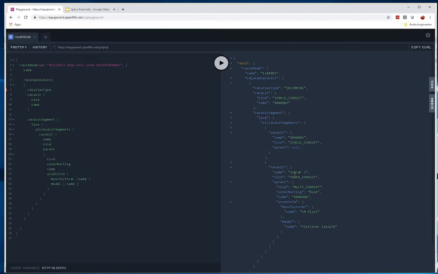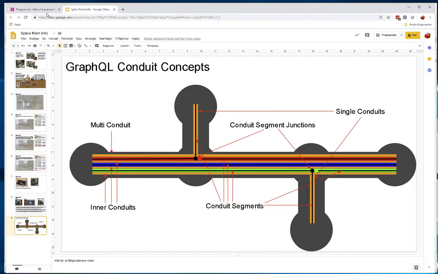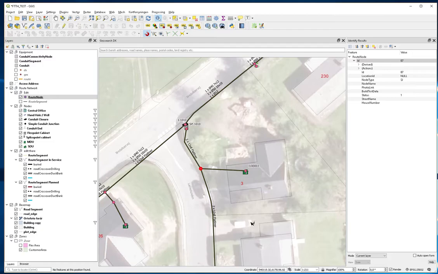You can see here we have a conduit. It's in a conduit. It's part of a multi-conduit, and this multi-conduit actually has a blue marking, and that's correct, because when I put the two multi-conduits down here, I put two of the same kind, each of them having 12 inner conduits, and one of them has a blue marker, and another one has, I think, a black marker